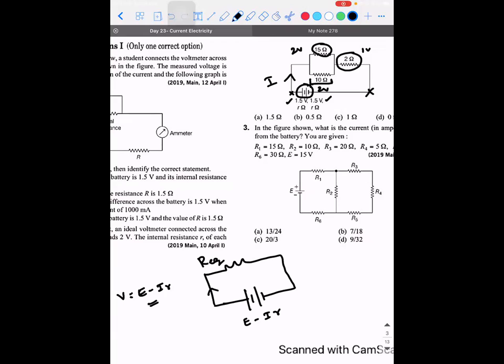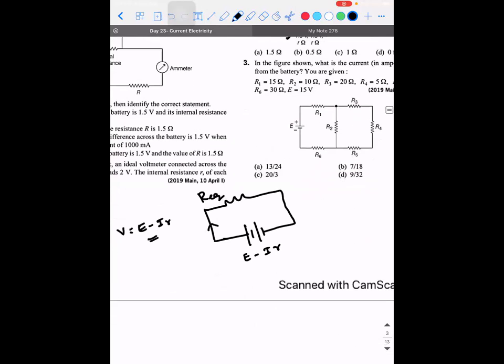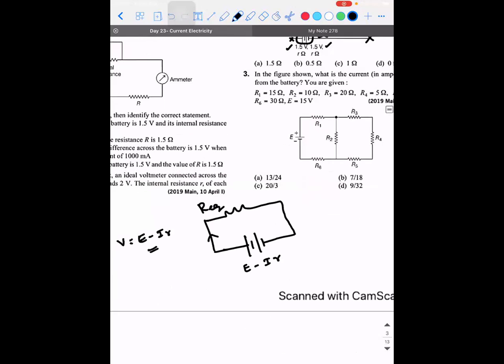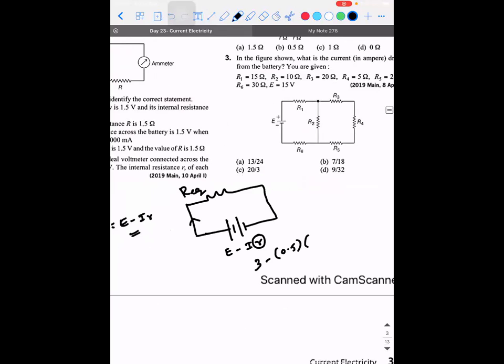That's it. So we can do it directly another way also. This is a 2 ohm resistor. How much is the potential difference across this 2 ohm resistor? It is 1 volt. So what will be the current through the circuit? It is 0.5 ampere. So 3 minus 0.5 into how many such internal resistances are there? I wrote it as R, but actually how many cells are there? 2 cells, so there will be a total internal resistance of 2R.